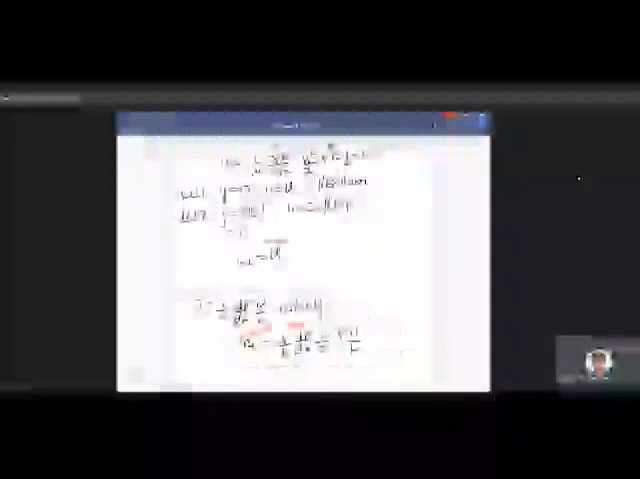1 by mu dp by dx into h square by 2 plus c1h plus u, since c2 is u. Therefore, just by rearranging, you will get c1 as minus 1 by mu dp by dx h by 2 plus u by h. And substituting the values of c1 and c2 in this main equation,